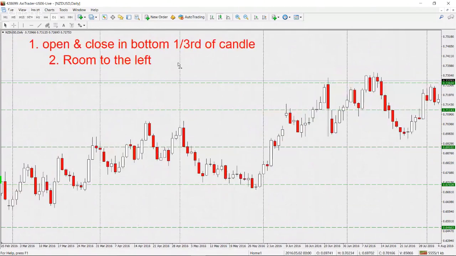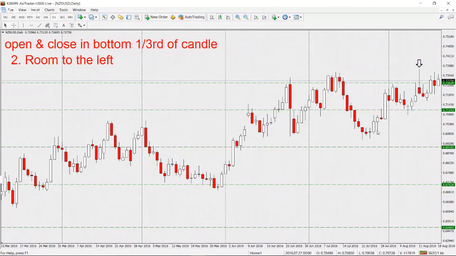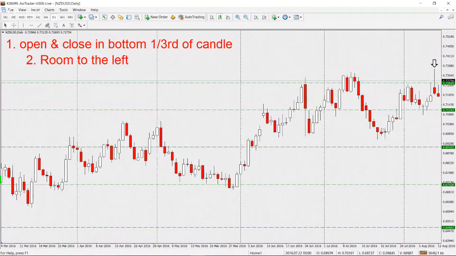Now, I will say something, and this takes some time to get used to. Some people don't really see this; it's not easy for them to see after a while. It takes some time. But one thing I will say is that it's important to understand that when you're trading kangaroo tails, you want the tail on one side of the zone and the head on the other. And the reason why this is the case, and again, the easiest way to see this is just to back test it for yourself,